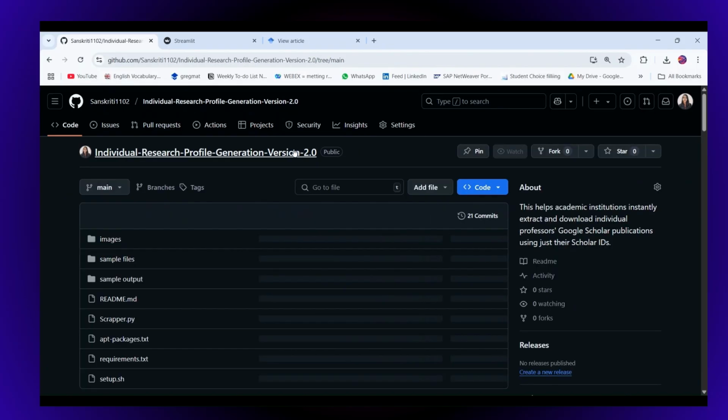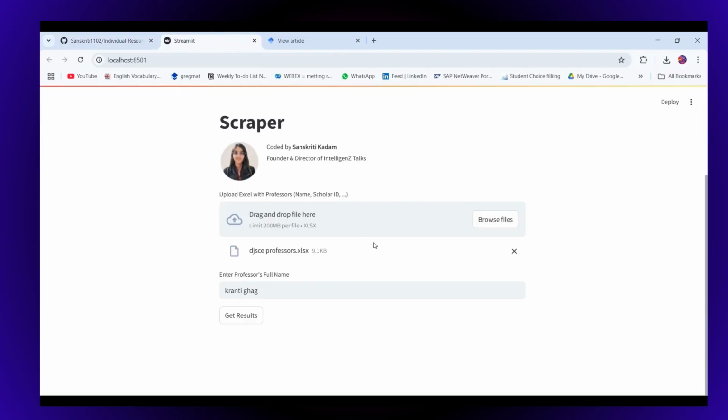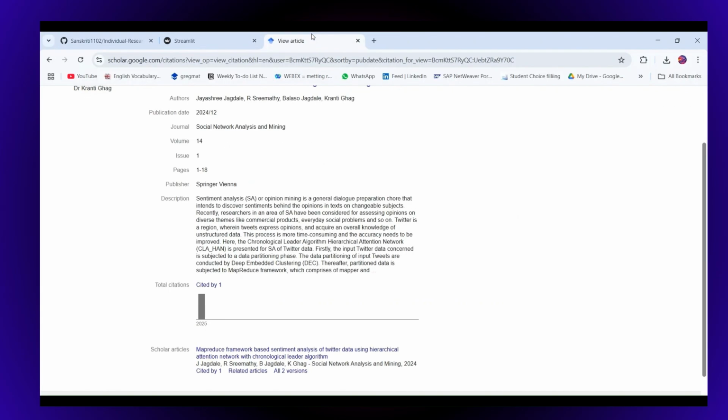So let me go over here. This is how it will show you the article. This is for anyone who's curious about how research tools are built, how automation can simplify academic chaos, and how you can turn your ideas into impactful projects. Whether you are a student, a researcher, or just someone hungry to build, explore, and grow, this project is your way, right? So start here and let it spark the next big thing in your own career.